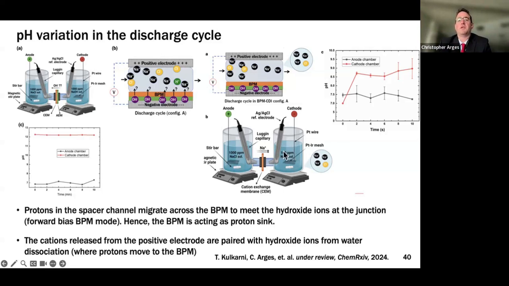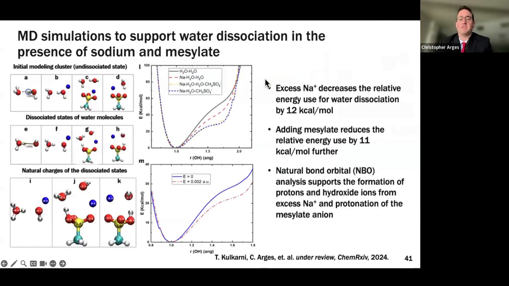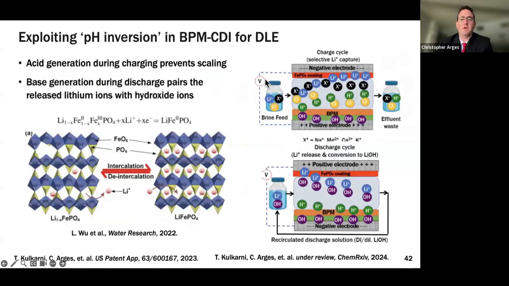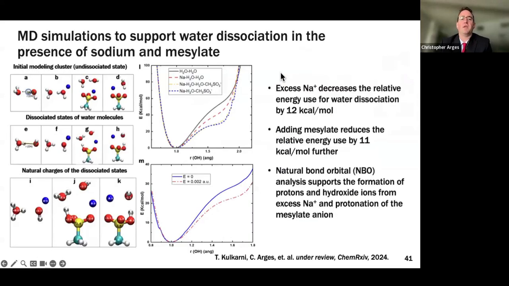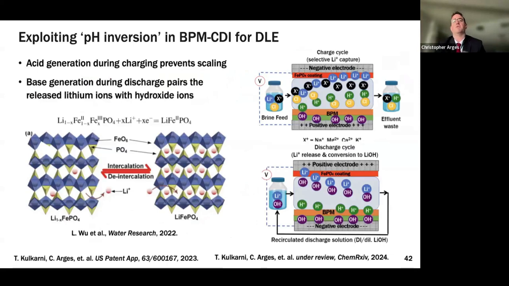So we have this chemical potential to drive the sodium across this cation exchange membrane here. And as the sodium increased in this lower concentration cell, we saw the pH increase here. So as you release these cation groups in here, these hydroxides go here. This water, the protons, is going to be a proton sink, right? It comes to this junction area to make water. And then because the proton's in here left, you're left with a hydroxide ion to pair with the sodium ion. And we've substantiated this with MD simulation, but I'm running low on time, so I'm going to skip over that.